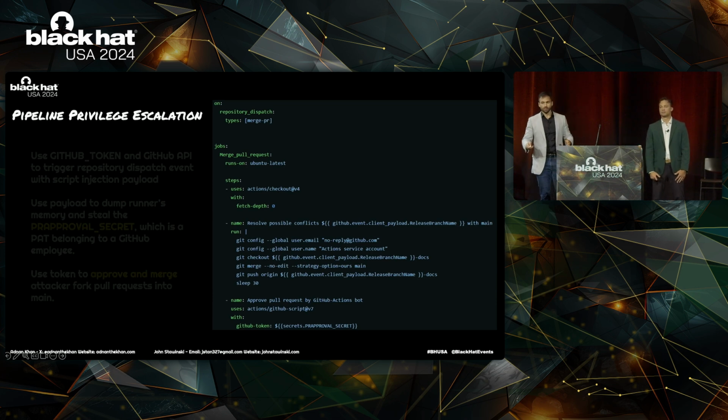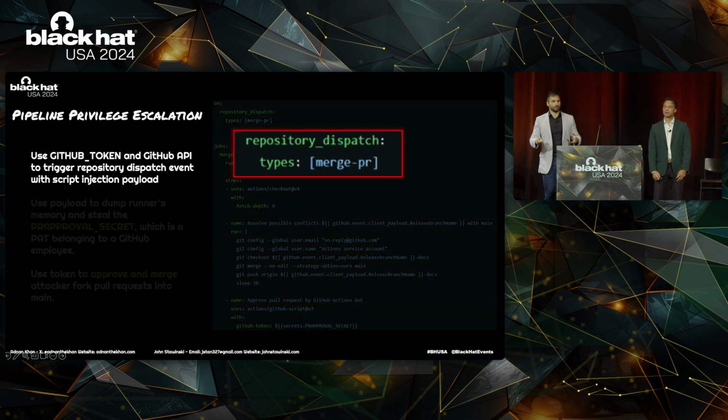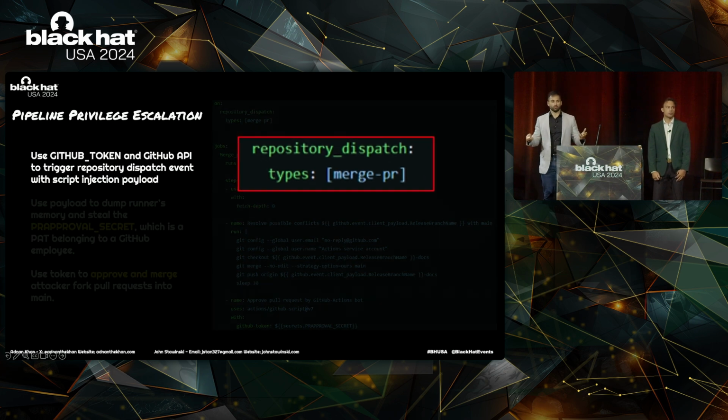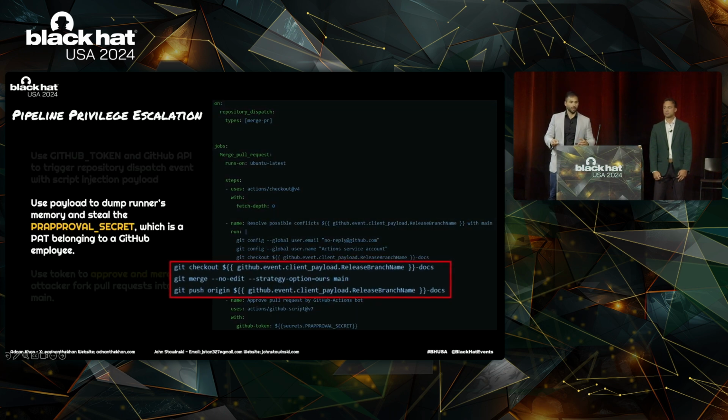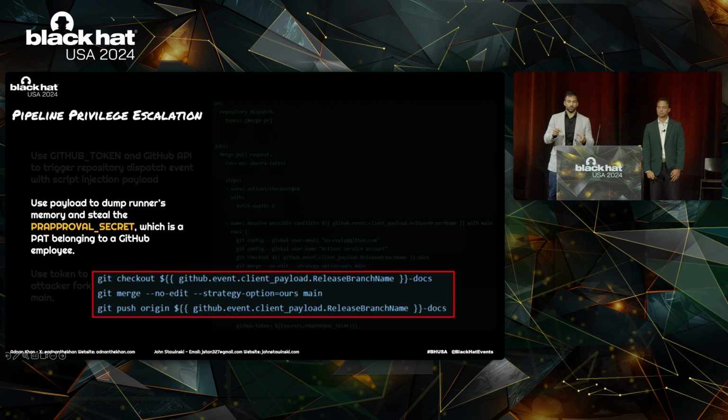So I want to talk about pipeline privilege escalation here. This is one way someone could have gotten code into the main branch of the repository. There's another workflow in this repository that ran on repository dispatch. That just requires that contents write permission to trigger. Next, you can see this repository uses input from that dispatch event within a run step.